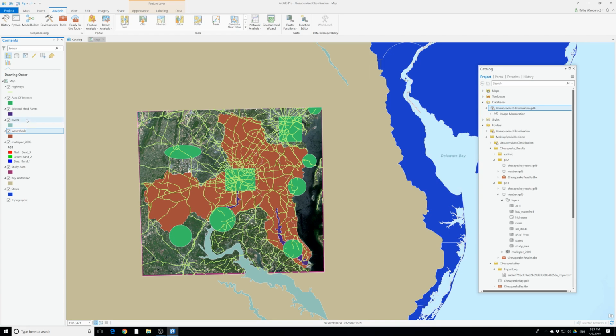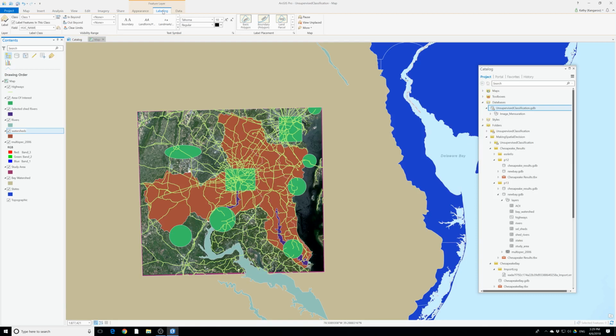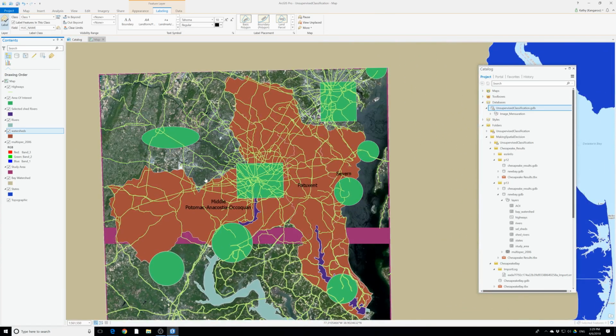Okay, so watersheds, and we will go to label. For the label, we will have to turn on watersheds and label. Okay, so now we can see the watersheds, and then we will turn on our imagery layer, which is on,